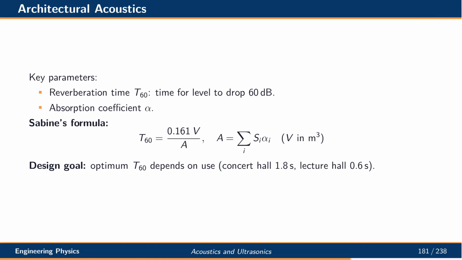Architectural acoustics deals with sound behavior inside enclosed spaces. The reverberation time T60 is the time taken for the sound level to drop by 60 decibels after the source stops. It depends on the volume of the room and the total absorption from surfaces. Sabine's formula relates T60 to room volume divided by total absorption. Different uses require different reverberation times. A concert hall ideally has about 1.8 seconds, while a lecture hall needs only about